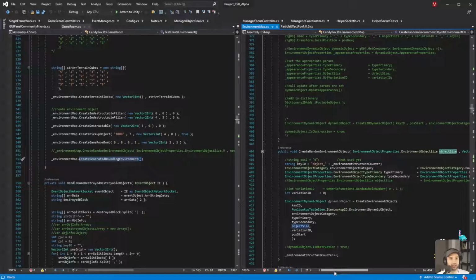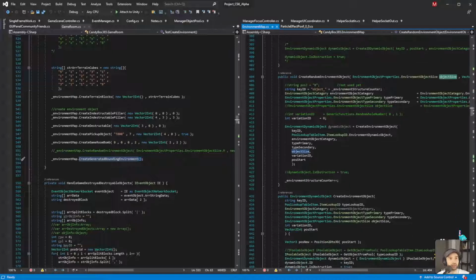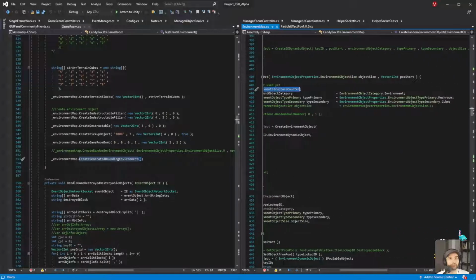Okay, so maybe the size is being used. Key ID, structure count, okay. And then where do we set the shape of it? Okay, right here. So we say environment, mushroom, cube. That's what we're currently creating.